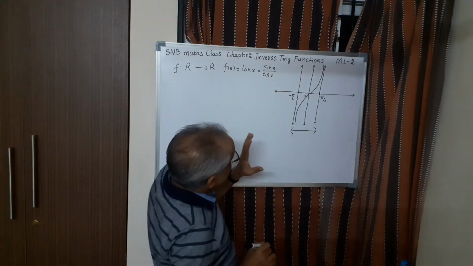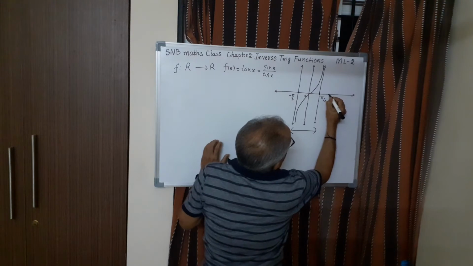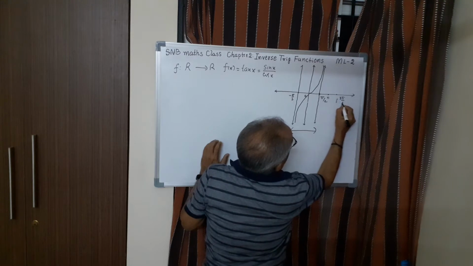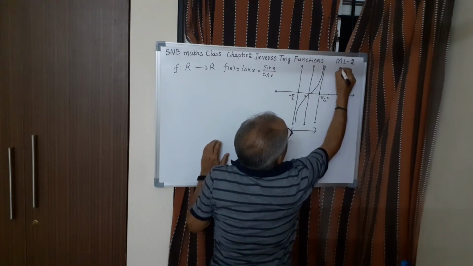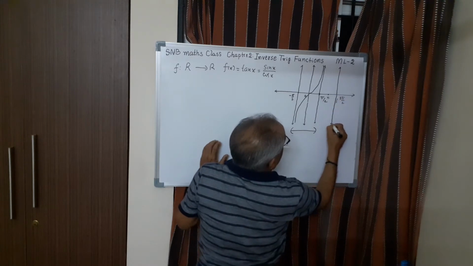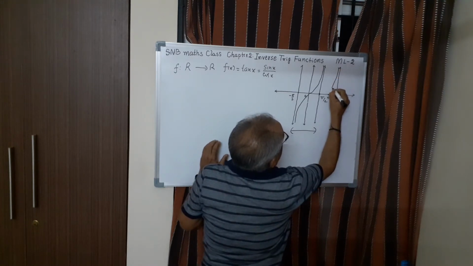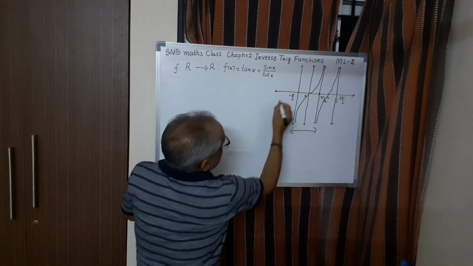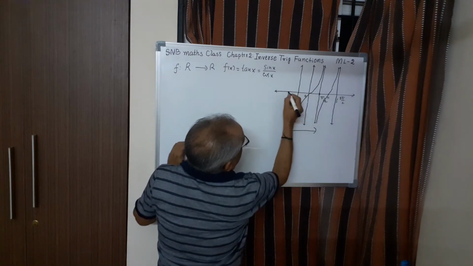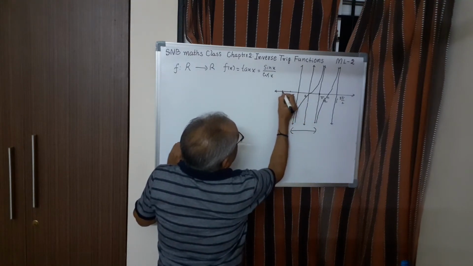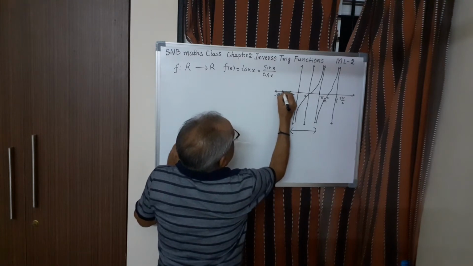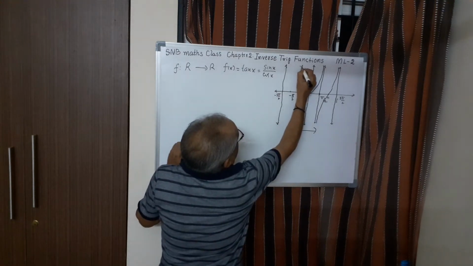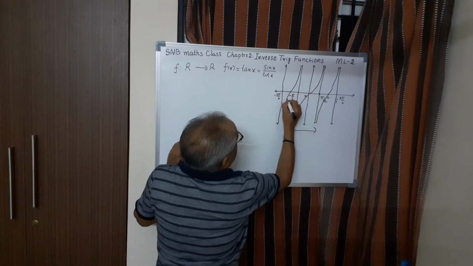Same way now, if you take this pi by 2 and this 3 pi by 2, once again you draw the line here where it is not defined, then you can draw the curve like this. So this is also tan x only in this branch. Same way here it is minus pi by 2. This is minus pi, this is minus 3 pi by 2. So once again you can draw the line here and the curve is like this.